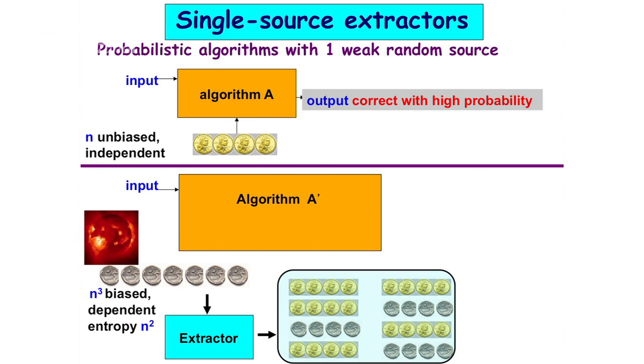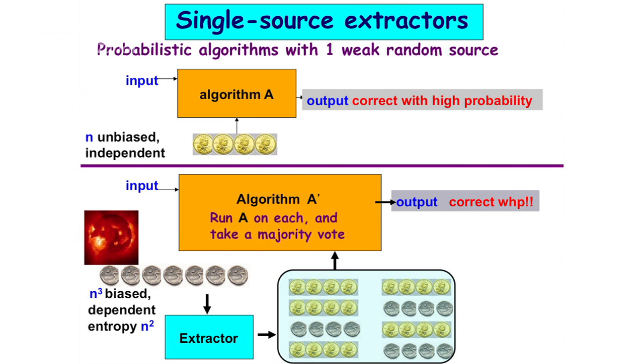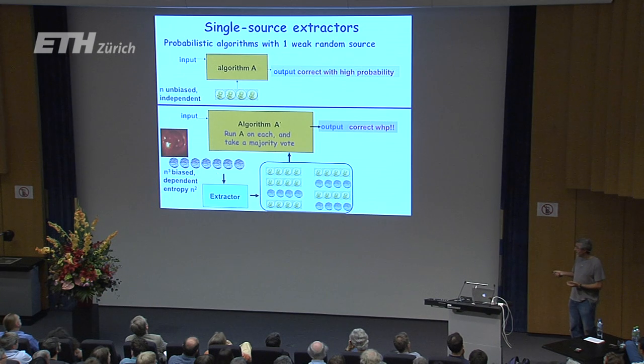And then what you're going to do is try each of them. Feed each of them to the original algorithm. Each of them will give a result, let's say 1 bit, yes or no. And you try them all and take majority vote. The property of an extractor, so why? This actually will always give you the correct output with high probability. And the reason it does it, or the property of extractors that ensures it, is that when you have